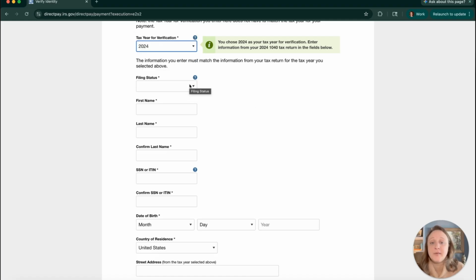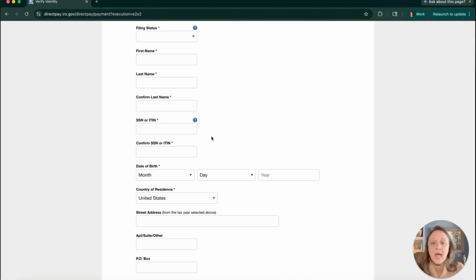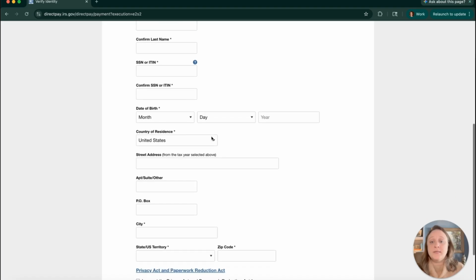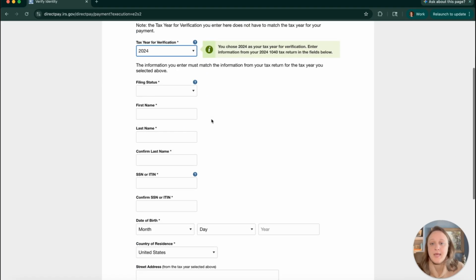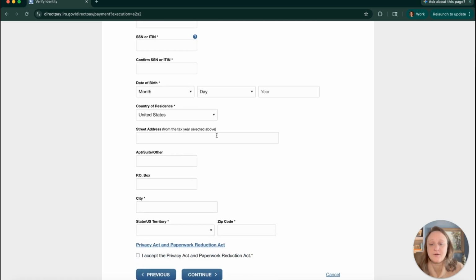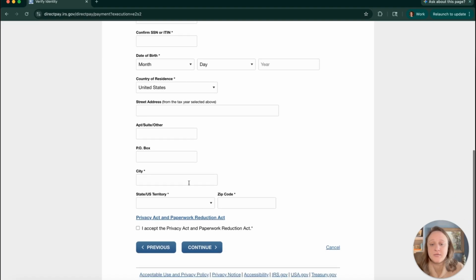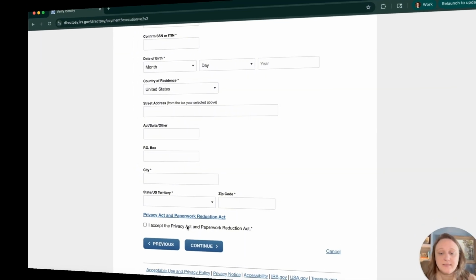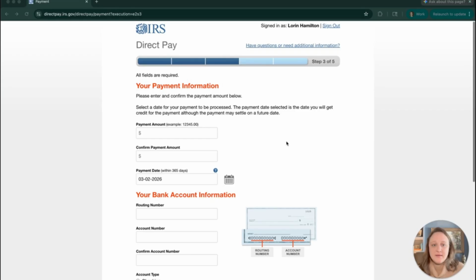So again, from here, you're going to fill out all of this information on how it would have looked on your tax return. And obviously, like most forms, anything that is starred is required. So you don't necessarily have to put in your street address, but you do need to put in your city, state, and zip code. And then you will also need to accept the Privacy Act here. Okay, so I have entered in my personal information, and we are now at the next screen where you will